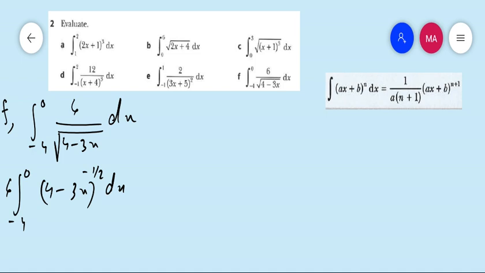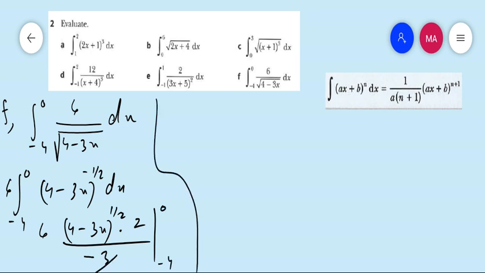Now we are able to integrate 6, 4 minus 3x, minus 1 upon 2 plus 1 is plus 1 upon 2, 1 upon 2 becomes 2 upon 1, and divide by the derivative of 4 minus 3x, which is minus 3, and limit is minus 4 to 0. So 3 2s are 6, 2 2s are 4, minus plus minus 4, this will go outside, and